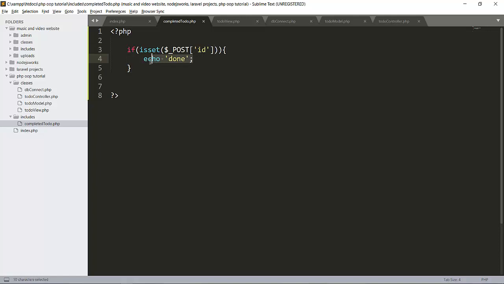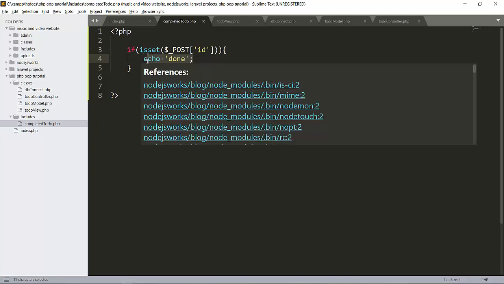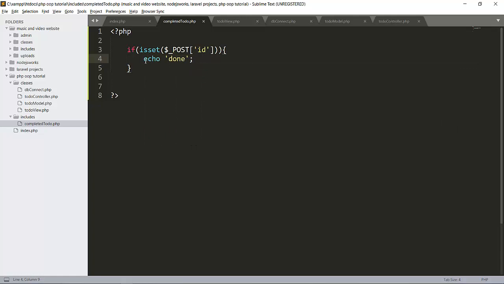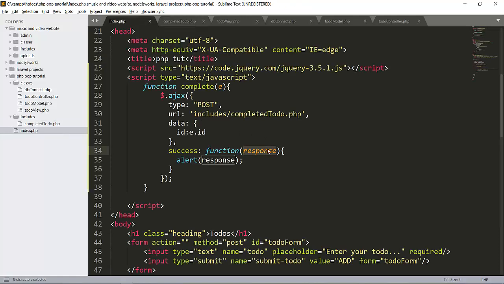It is returning a response. Echo means it is printing a response, which means it will return the response done, so the success function will catch it here and alert our response, that is done.